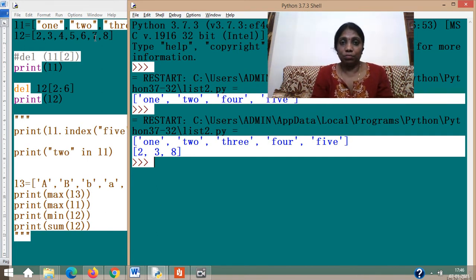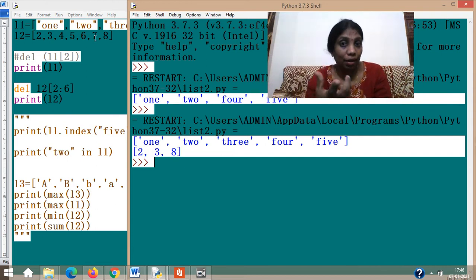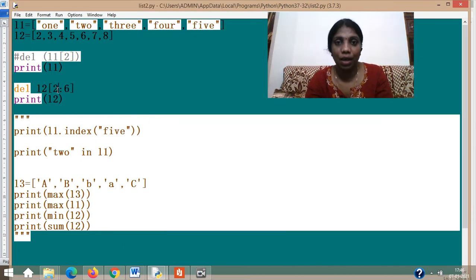All these can come either as an output question or with a wrong command given and asking you to correct it, like an error correction or a single command line correction. So many methods are there. It is very important that you know the number of arguments, what it is doing, how to use it, etc. Just by watching this video, things will not end. Trying it out and experimenting by yourself will help you. I have only shown you two examples of del. Here we can think about putting in negative indexing and everything, which will come as assignments.